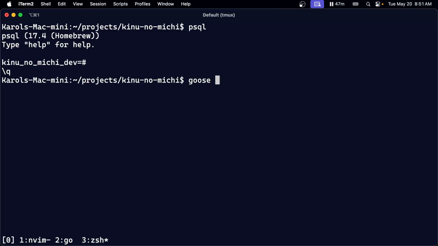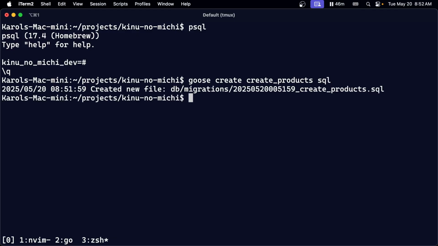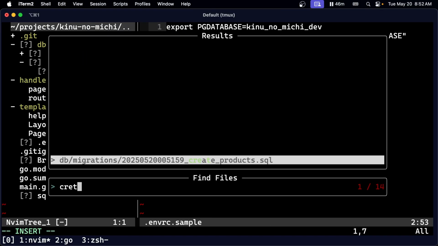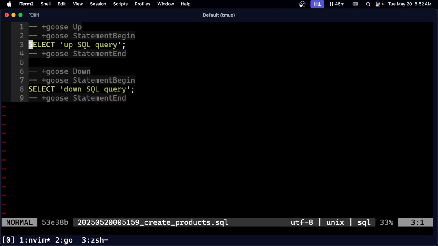Can we get goose create to work? Let's start with creating products. Create products.sql. Okay, and in create products, I'm going to create a table. Create table products,